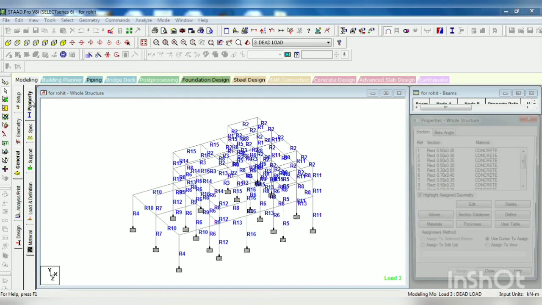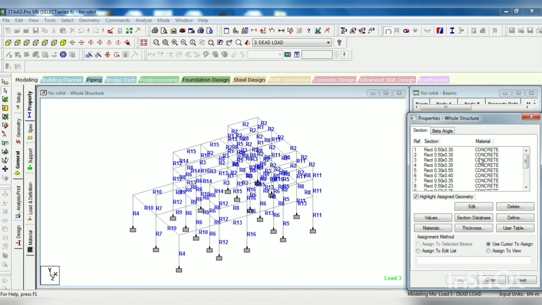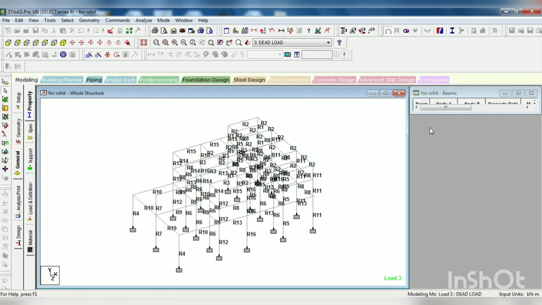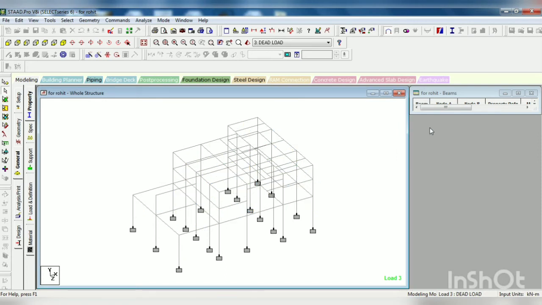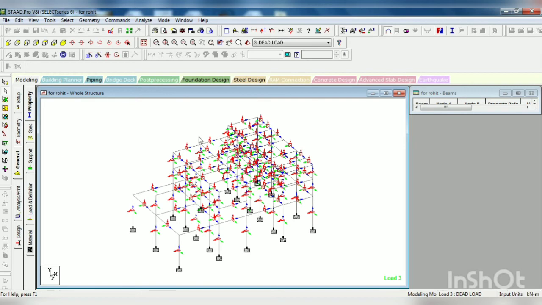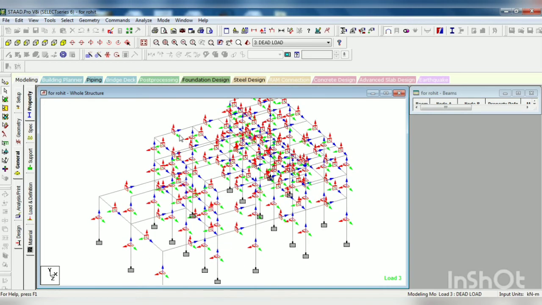That means in our property we have created many different sections. So you can check the property number with Shift J. Now very important is Shift O, because it shows us the orientation of the member.